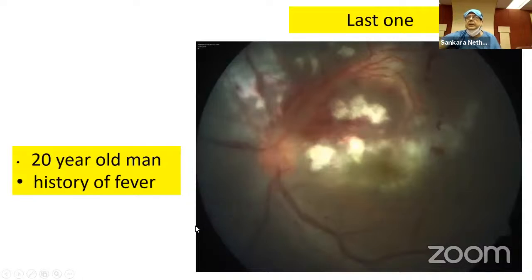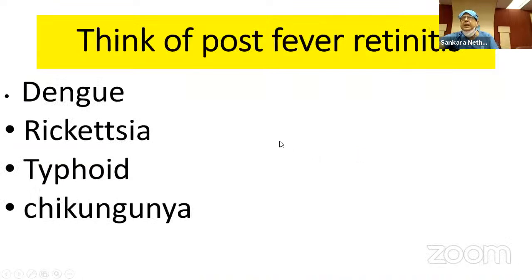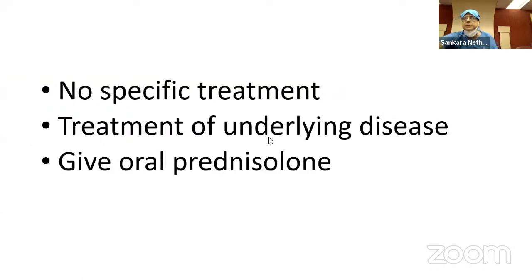I end with a last case which can be very challenging. This is a 20-year-old man with a history of fever, and you can see the corneal spots, retinitis, as well as the vitreous haze. This is a post-fever retinitis where you need to rule out dengue, rickettsia, typhoid, chikungunya. How do you treat it? There is no specific treatment. Treatment of the underlying disease is important, and you can give oral prednisolone, which can cause reduction of inflammation